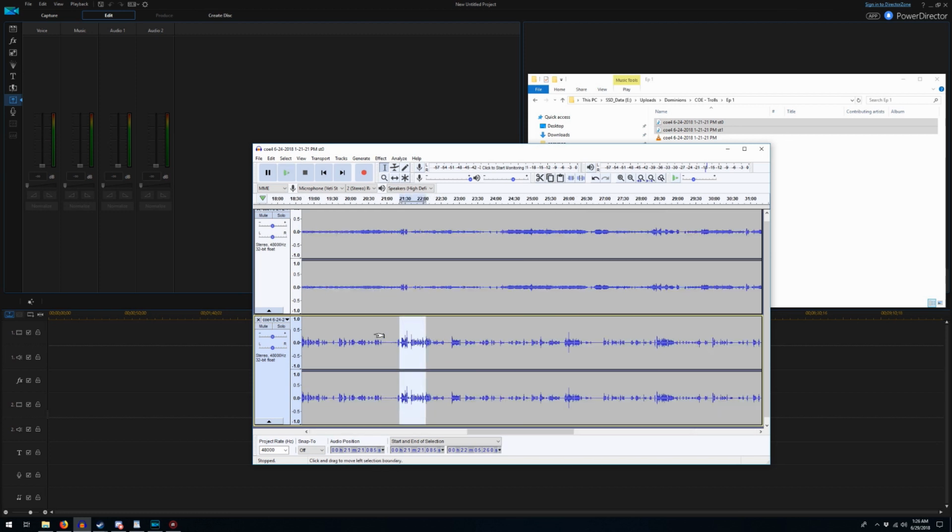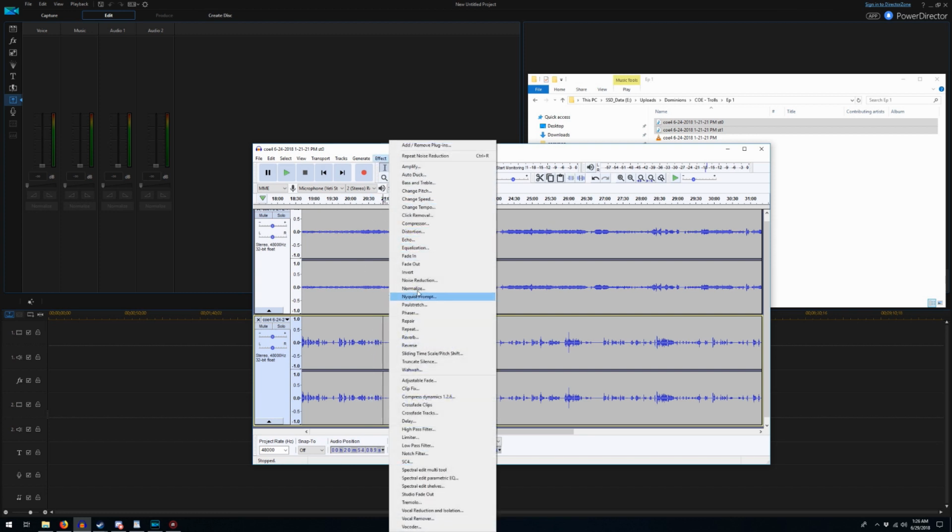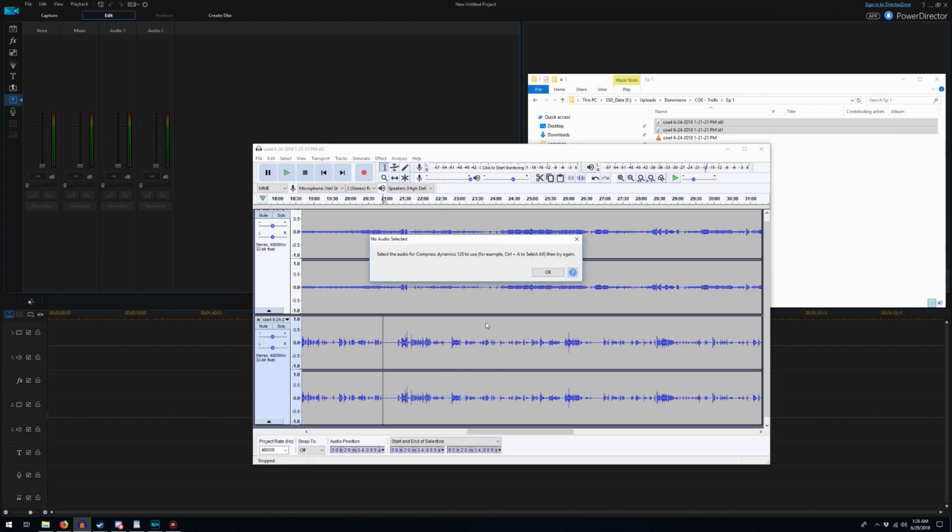And it doesn't do it so much that the really, really quiet parts, like when you're trailing off a word, get made to be the same volume as when you're shouting something. So it really does a good job at balancing it out. The thing is this particular compressor has some problems with it. And the one you really want to get, and you can just Google it, is this Compress Dynamics